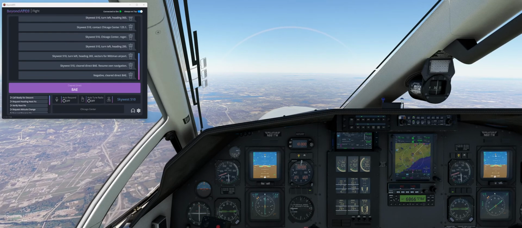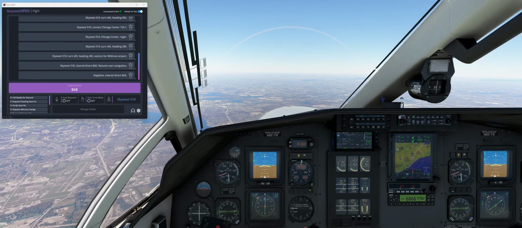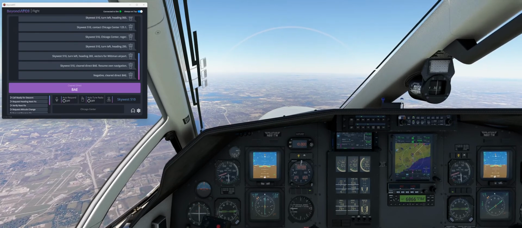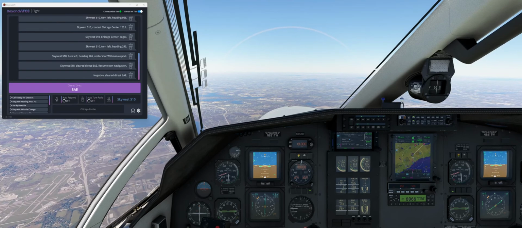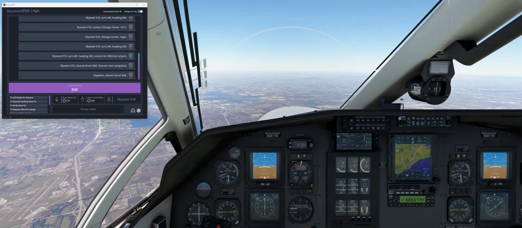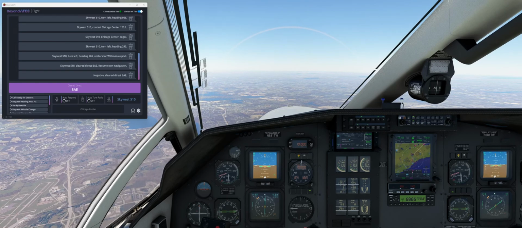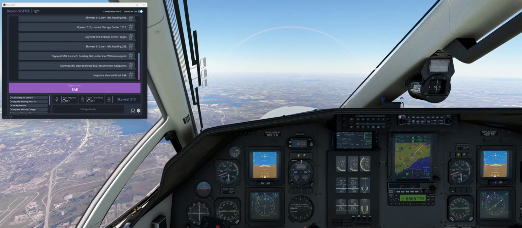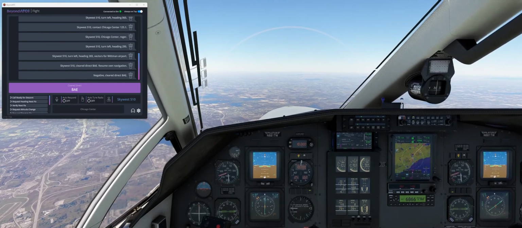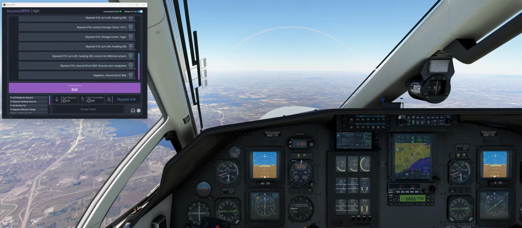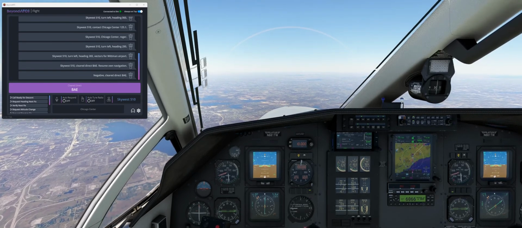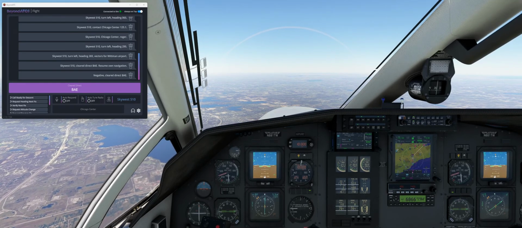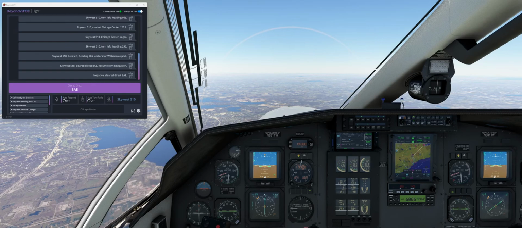I think for advanced flight sim users, I don't think it's going to be ideal for them. And I say that because while it does what it says it's going to do, it doesn't feel as realistic in terms of your tone of voice. Right? So if I ask it a unique question, it won't be able to respond to that. I have nothing off the top of my head, so